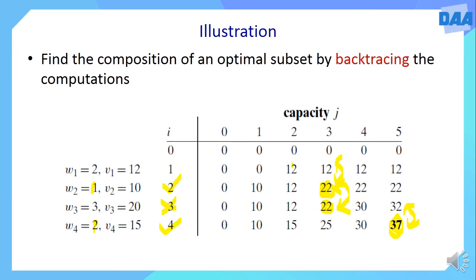So next you have to look into this particular position. Compare with its previous value. That will give you the information whether that ith item is added into the knapsack. Yes, there is a difference. So the first item is added into the knapsack. So overall, what we can understand is item 1, item 2, item 4 are the subset of the overall items that are part of the optimal solution that gives the profit or value as 37.